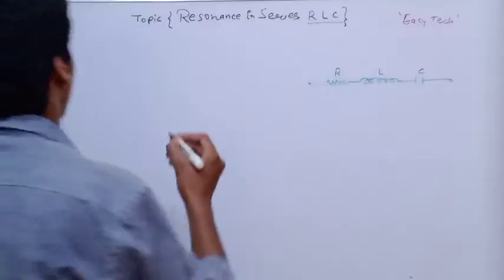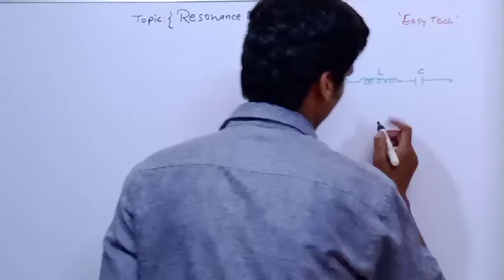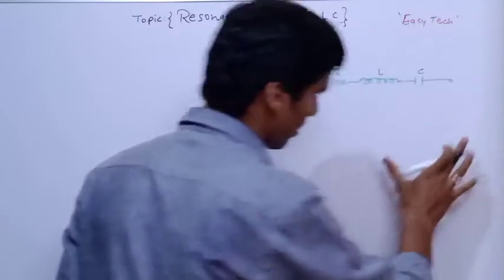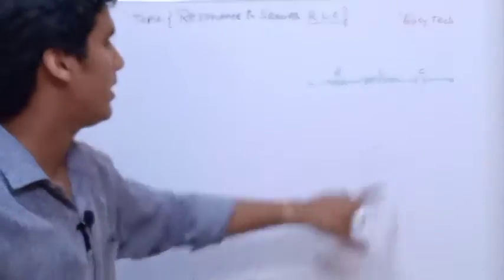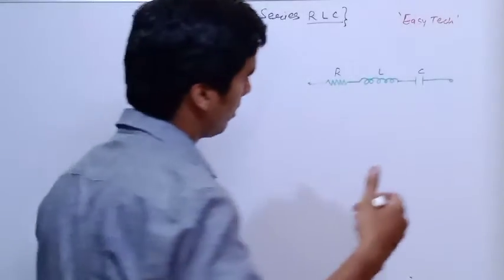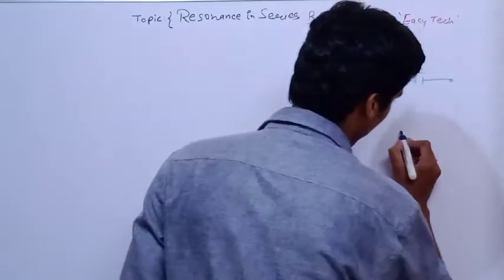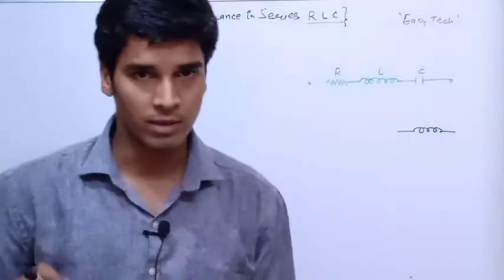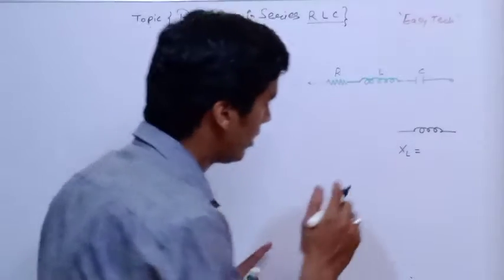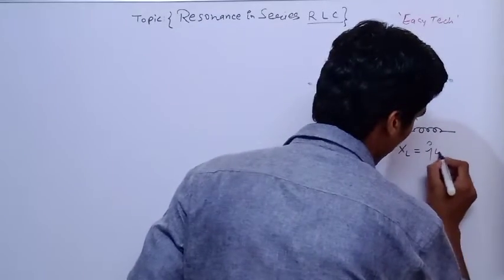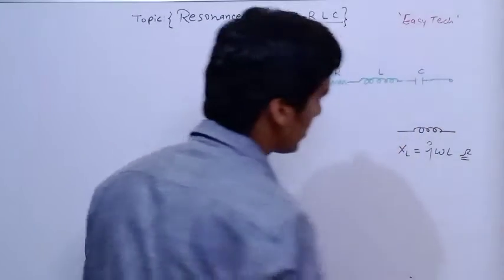What we have studied till now, for any inductor, this is just rough work. Whatever I do here, consider it rough work, because it will behave as a reference point for any pure inductor. For any pure inductor, what is the inductive impedance? It is always denoted by XL and its value is j omega L. The unit of this is ohm.